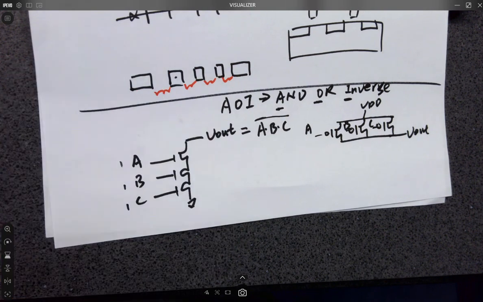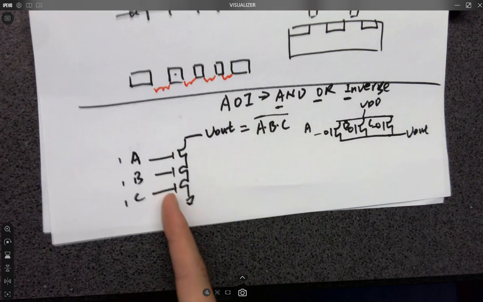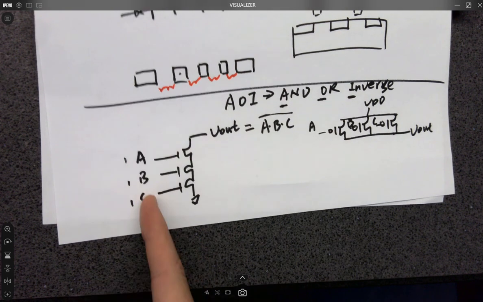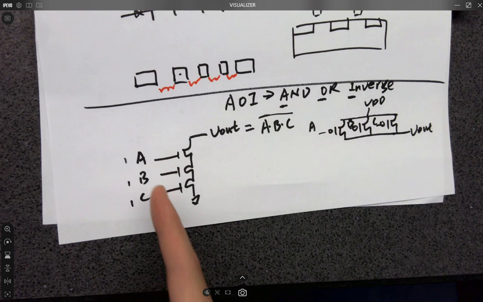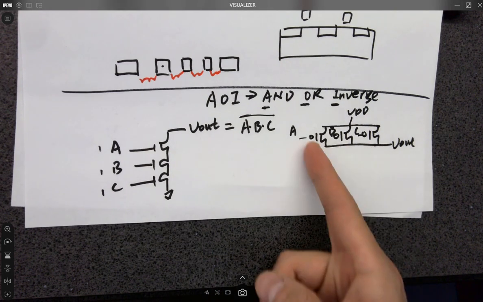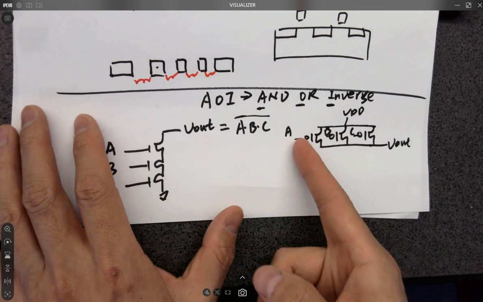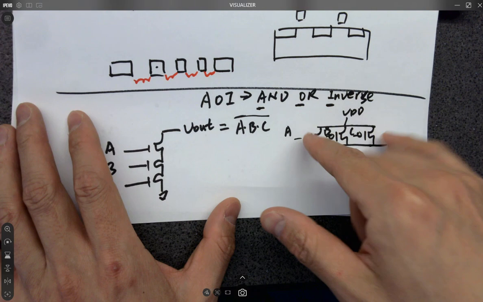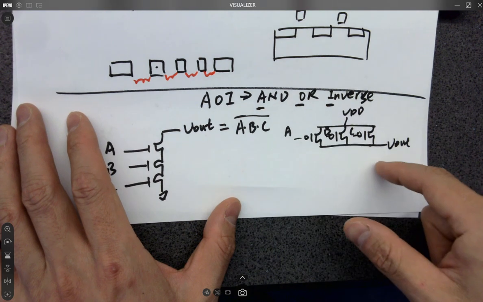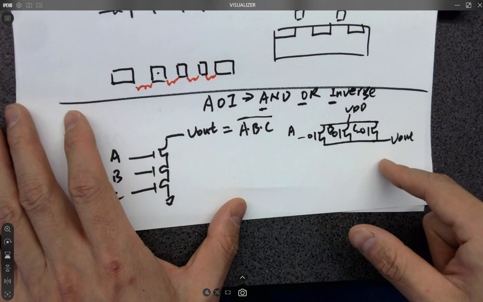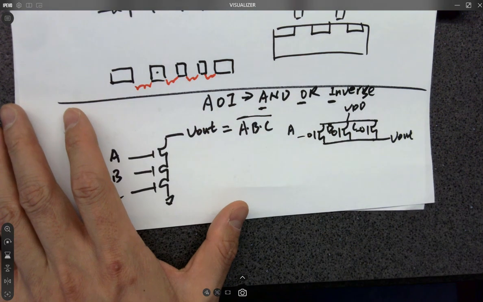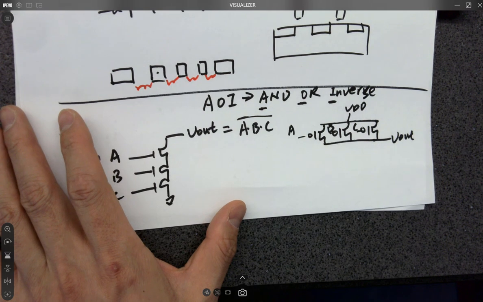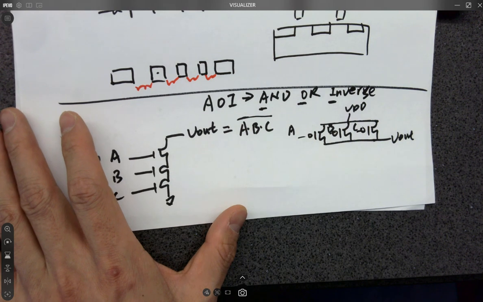How do you get VDD? For this one, right, they're in series, so all of them have to be 1s. For this one, okay, anyone becomes 1 is going to form a channel from VDD to VL. They're in parallel, right? So anyone becomes 1 is going to pass VDD to VL. All right? So what is the logic for this? We have to draw the truth table, but if we just look at this logic,